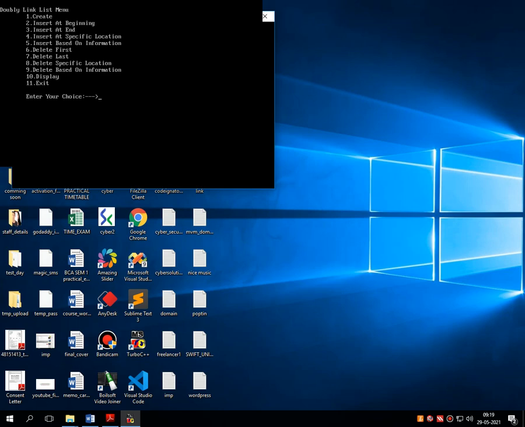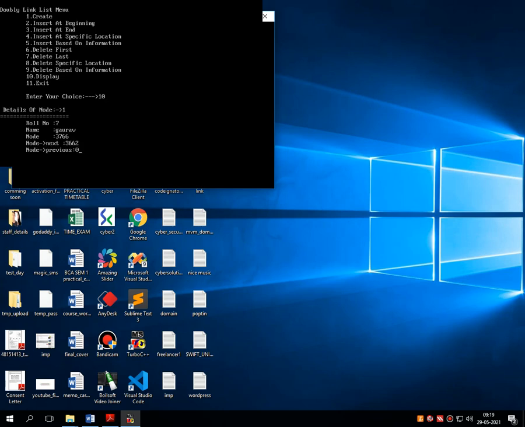Now let's check insert at beginning. So I am selecting option number 2, insert beginning. Suppose here I am giving roll number 7 and name, suppose I am giving my name. Let's display it. Generally roll number 1 is the first node.